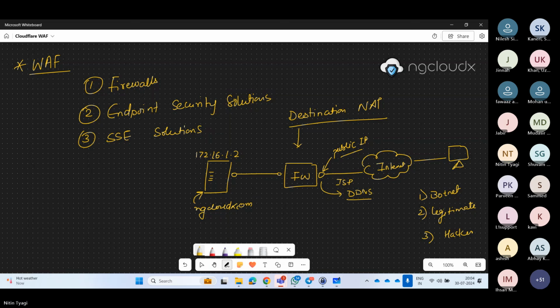Now, whatever you have used to make your website available over the internet, you would need a firewall to protect it. You cannot directly host your website over the internet. Otherwise, it will be down within 24 hours, 48 hours. If your business is well known and people are aware of your business, definitely hackers will also try to bring your services down. So whenever we talk about any enterprise level applications like Flipkart, Amazon, Microsoft, Cisco, whatever it is, if you talk about any big enterprise environment, they cannot host